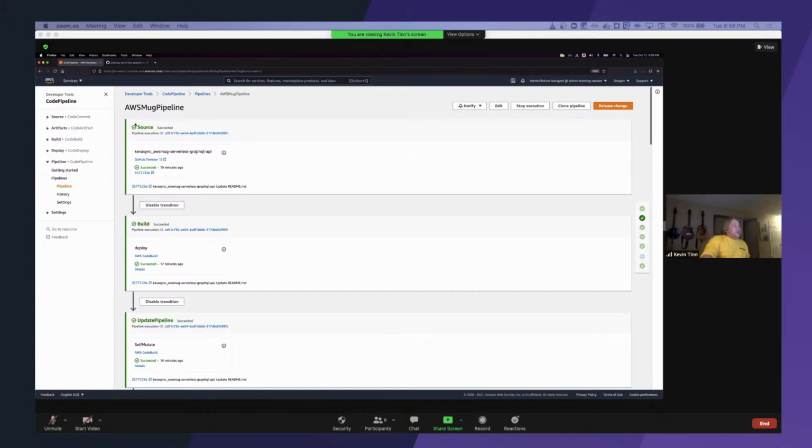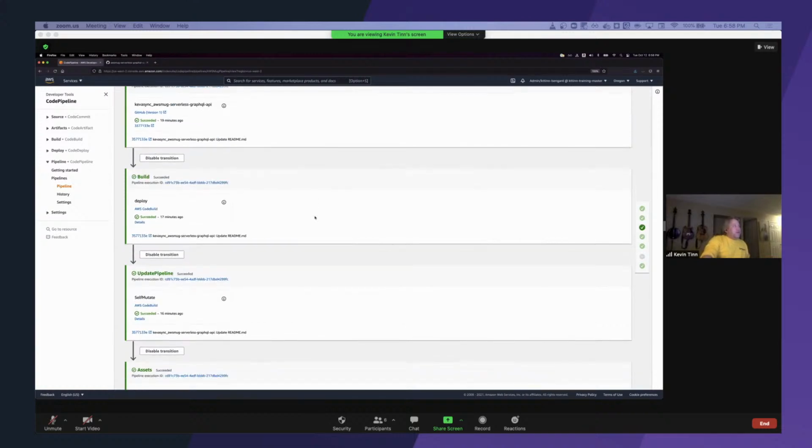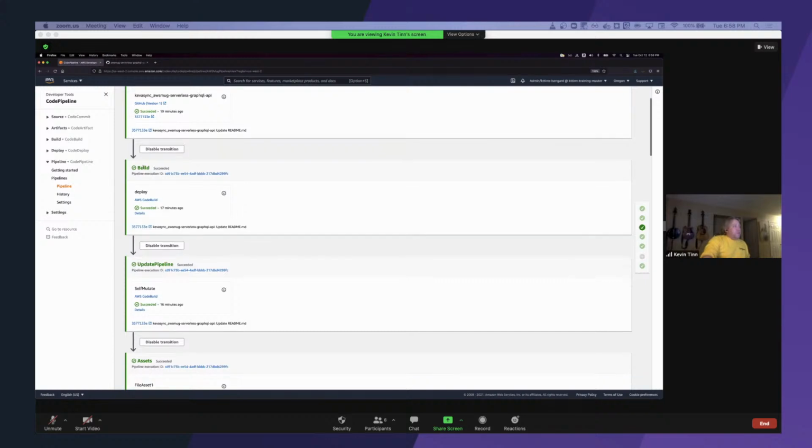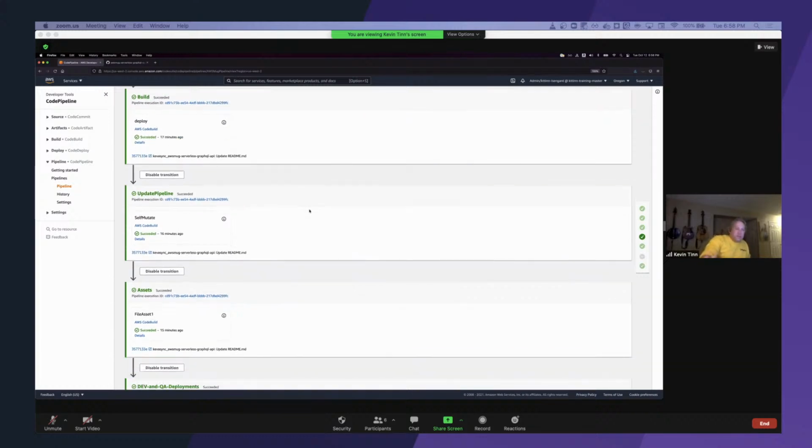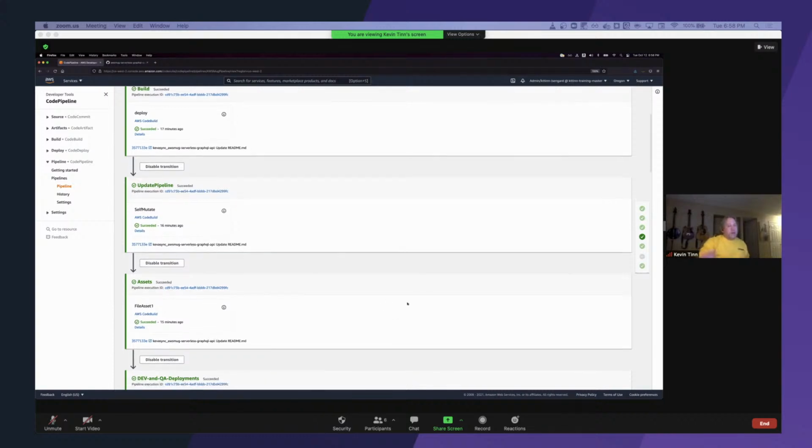Okay, so we've got the source step here. That's where we go out and get the code. We've got the build step here. This is where we generate our CloudFormation using the CDK synth command. CDK synth, in particular, and the CDK CLI is a command that generates the CloudFormation as output. And so once we have the CloudFormation output, we're then able to distribute it and apply it to various regions